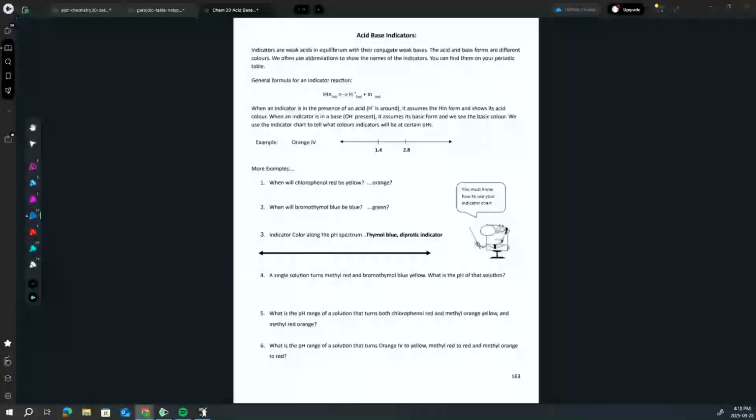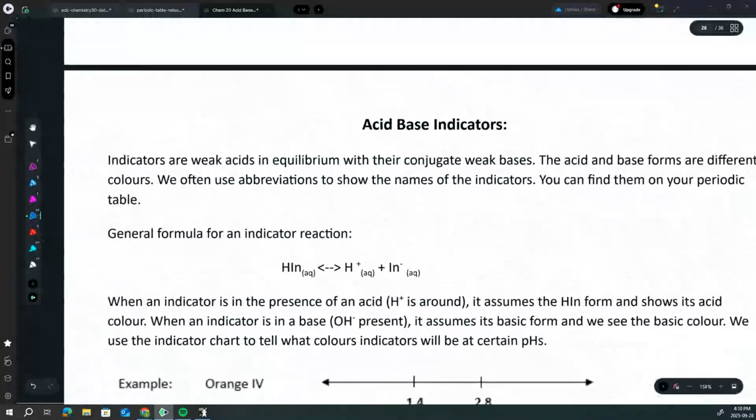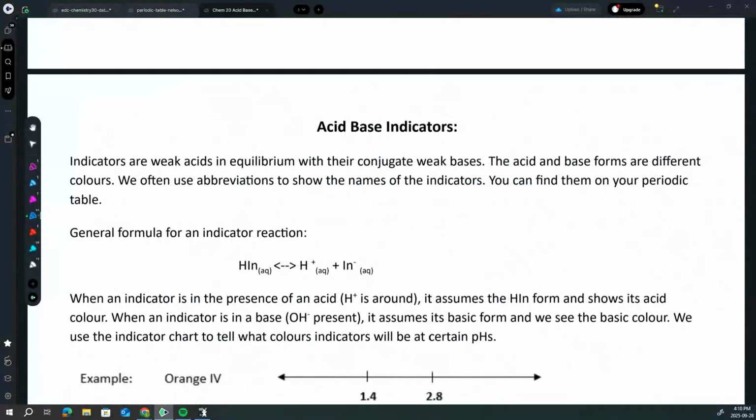In this video, we're going to go over how to solve problems that involve acid-base indicators. So, indicators, what they are: weak acids in equilibrium with their conjugate weak bases. A conjugate weak base is just like the acid with one less hydrogen, because acids like to give their hydrogens